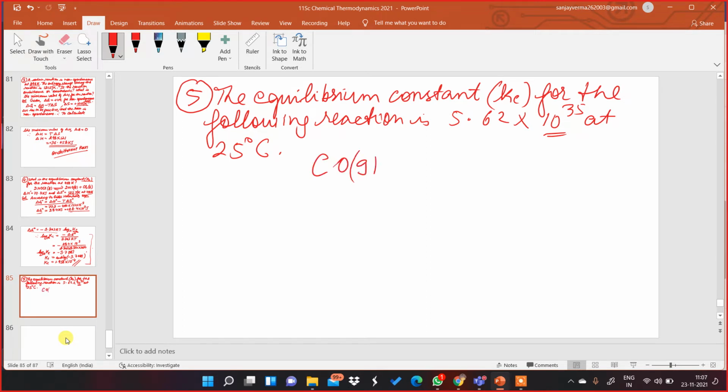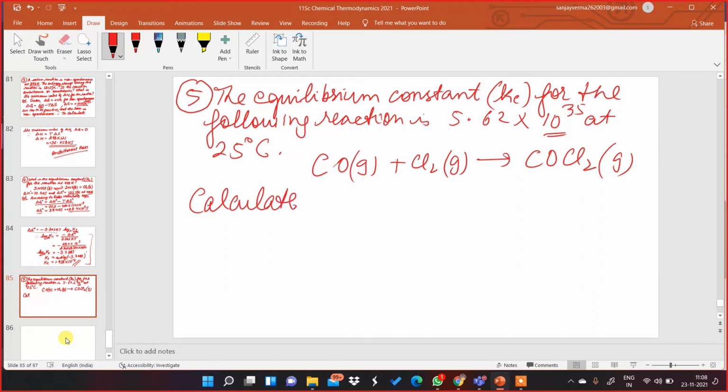CO, carbon monoxide, plus Cl2 gas. It is forming COCl2, phosgene. It is also a gas. Okay, now the question says calculate the Gibbs free energy change for the formation of COCl2 at 25 degrees Celsius, given